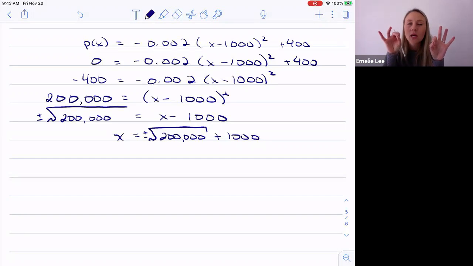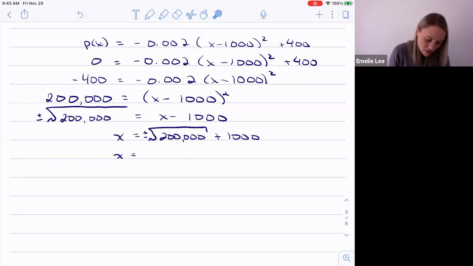any x-intercepts. And so that's where we get them from, right? When we take the square root, we actually get the positive and the negative version because they'll both give us the positive x squared. Okay, so x is going to be negative 200,000, or let's do maybe the positive first,